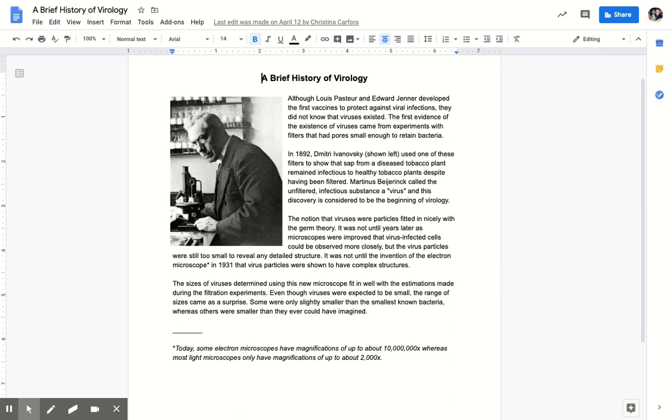Today's lesson will be talking about the differences between bacteria and viruses. They are both microorganisms, but do have differences. Although Louis Pasteur and Edward Jenner developed the first vaccines to protect against viral infections, they did not know that